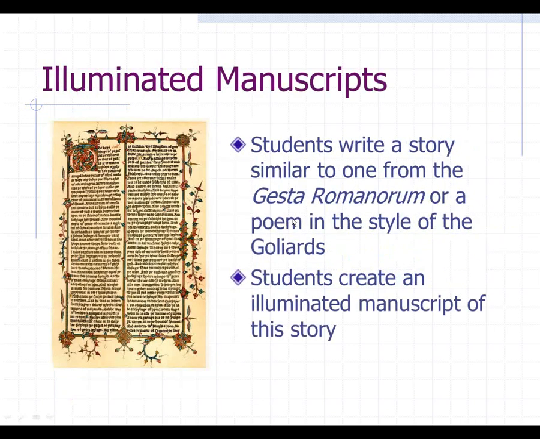Okay. In the second year, as you probably noticed, the focus of the textbook shifts from classical Rome to the medieval period and the Renaissance. So last year I worked hard to incorporate projects that reflect this. So after Unit 2, the students made Illuminated Manuscripts. In Unit 2, there are stories from both the Gesta Romanorum and a poem by a Goliard, which is reflective of the Carmina Burana.